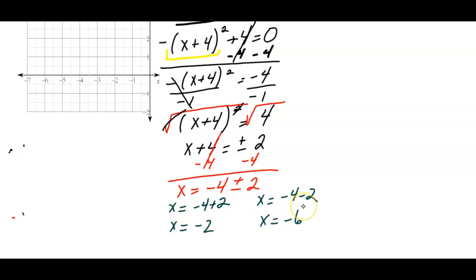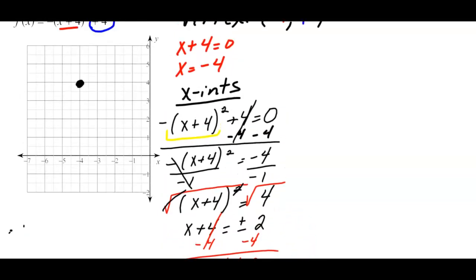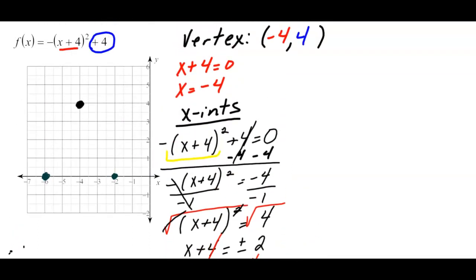Okay, and those are your two x-intercepts. X equals negative 2 and x equals negative 6. So we're going to go back to our graph and we're going to put a dot on the x-axis at negative 2 and negative 6. Okay, and then the last thing I'm going to have you do is to find your y-intercept. So in order to find your y-intercept,